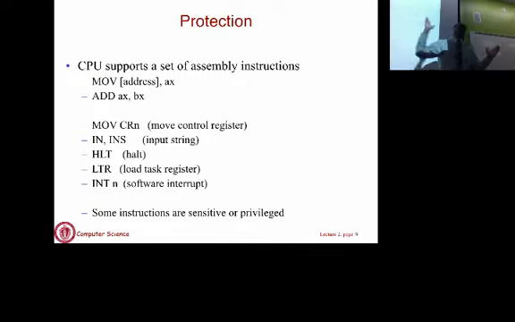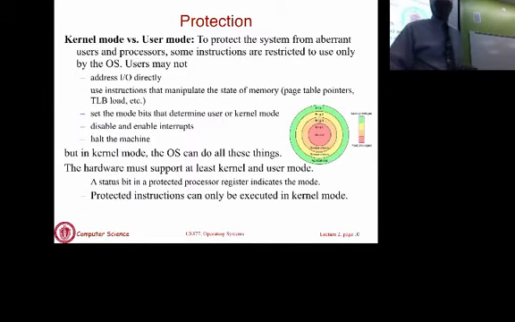Other instructions you can let an application access. Adding two numbers, you can't do much harm with that. Moving something into a register, those are all things that applications would have to do to execute code. So some instructions are privileged or sensitive and others are not. The question is, how do you ensure that untrusted applications cannot do harm, either maliciously or inadvertently? That is what an operating system is designed to do. It implements this notion called protection to prevent that from happening.